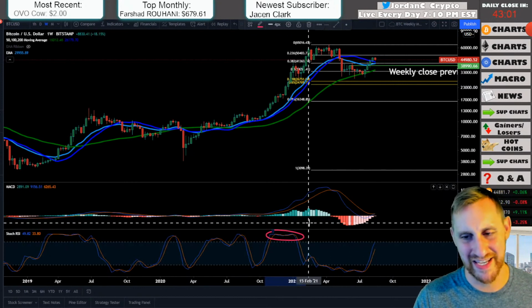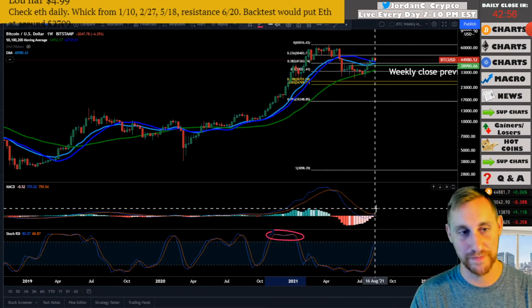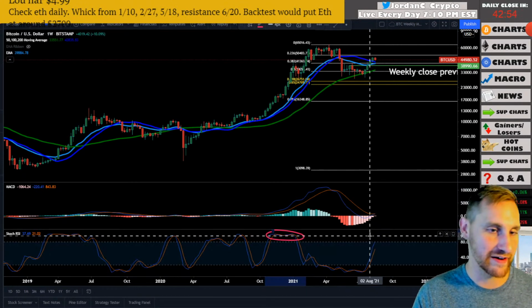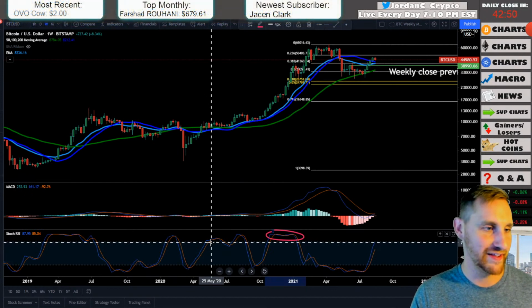So that's really not a huge indicator to me, even if we get topped out. I think it's bullish if we're actually topped out in the stock RSI. That might sound crazy, but, you know,